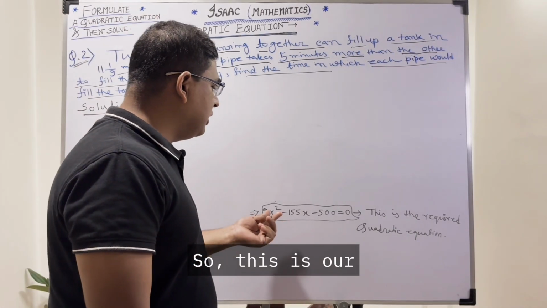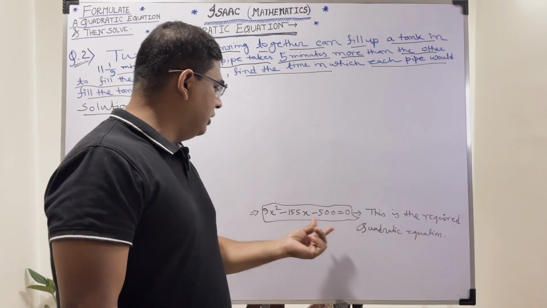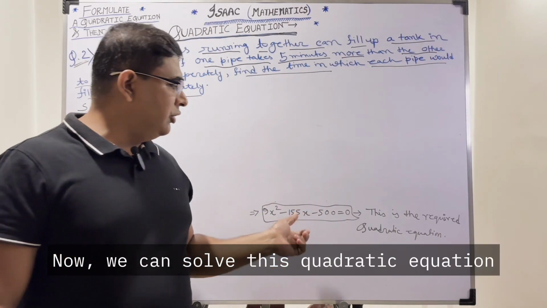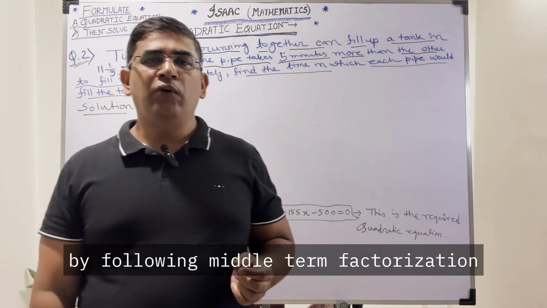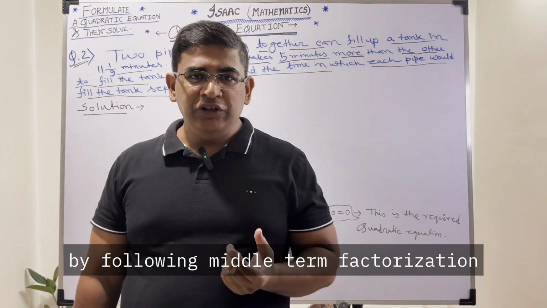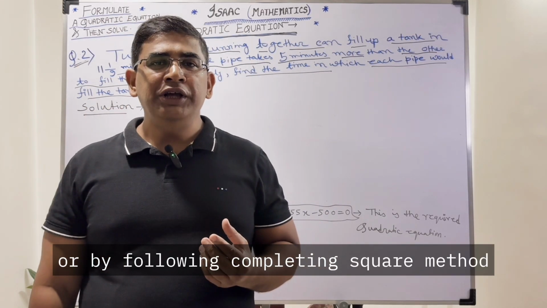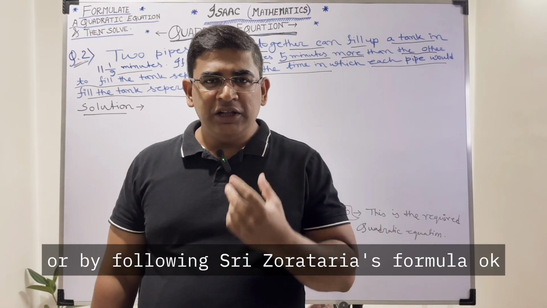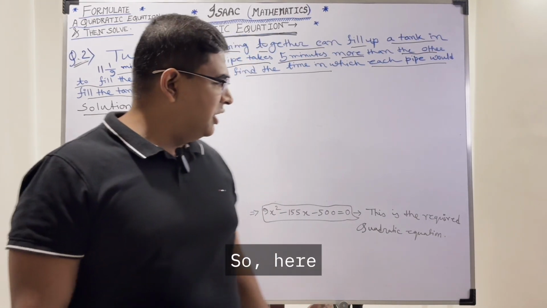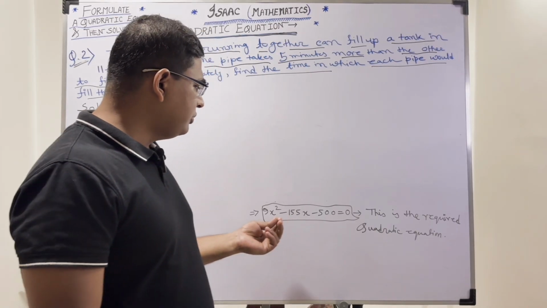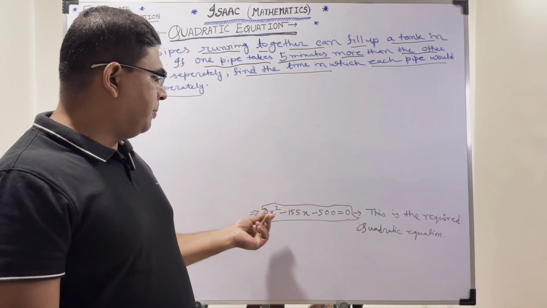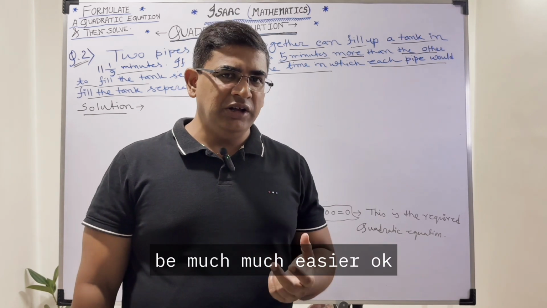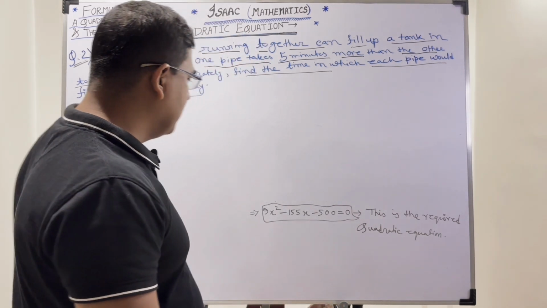So this is our required quadratic equation. Now we can solve this quadratic equation by following middle term factorization, or by following completing square method, or by following Sridharacharya's formula. Okay. So here the procedure of middle term factorization will be much easier. Okay. That is why